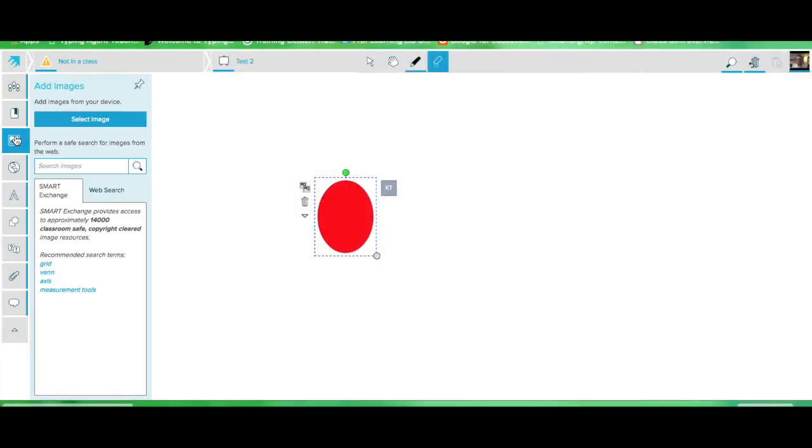The next one down is an image. So you can select an image from your device, or you can search images. Now, Smart Exchange will provide images, and there's a web search that's powered by Bing, because Bing is a little more restrictive than the Google search. So let's say that I want to search for a square,